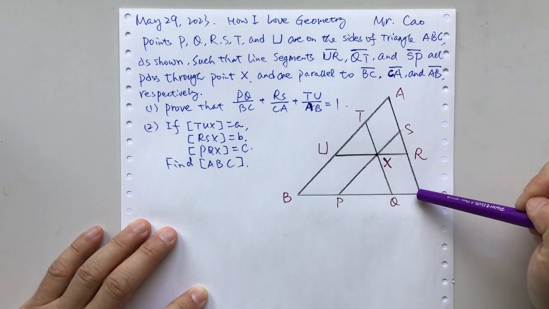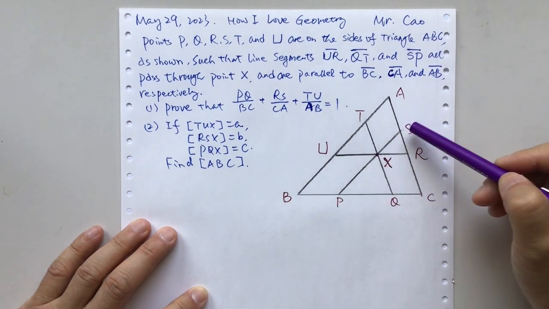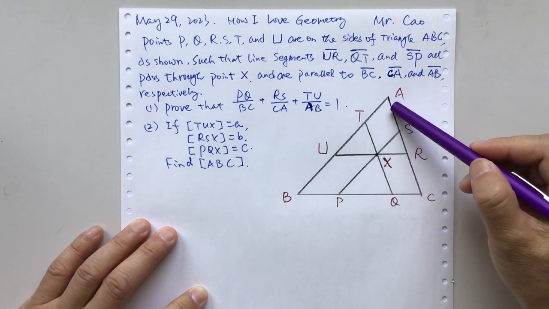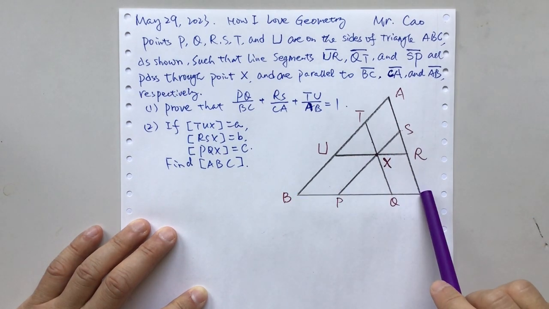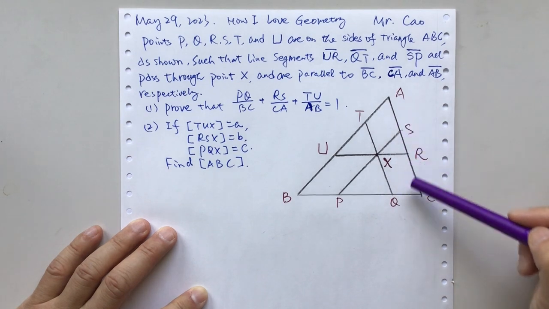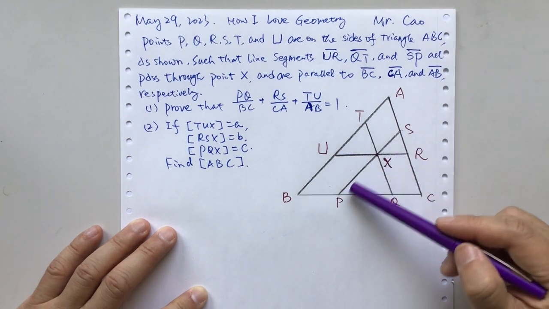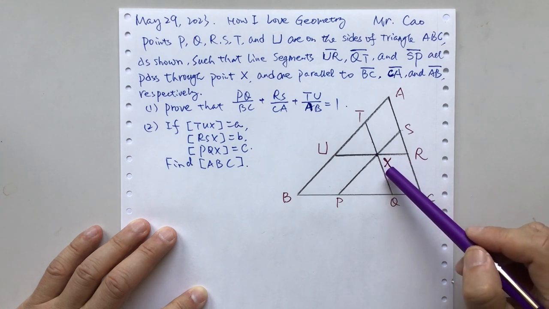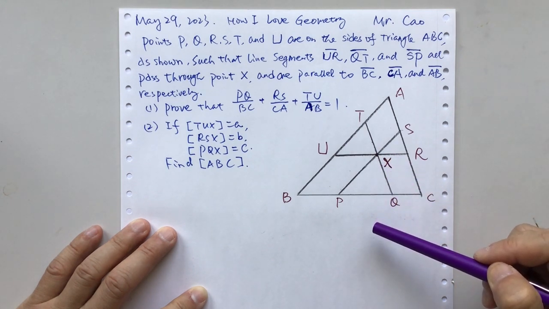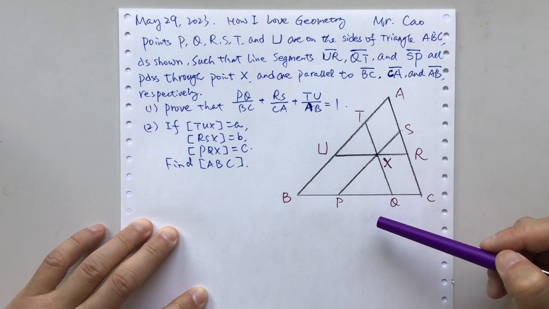Triangle ABC, right? PS parallel to AB, UR parallel to PC, TQ parallel to AC, and all of these three segments pass through the same point X. So the problem led us to prove